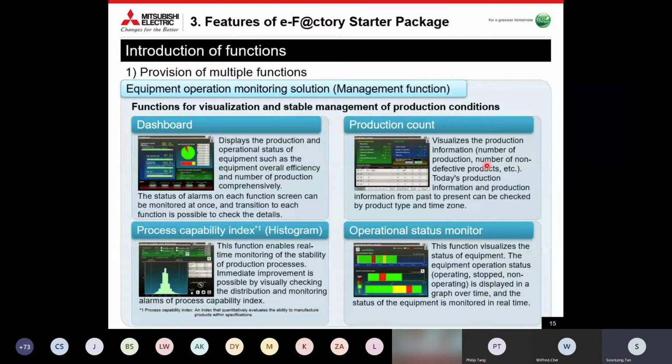Next you have this production count screen, which helps you visualize production information like the number of production, number of non-defective products, and history of the product types that you have made, and can view them